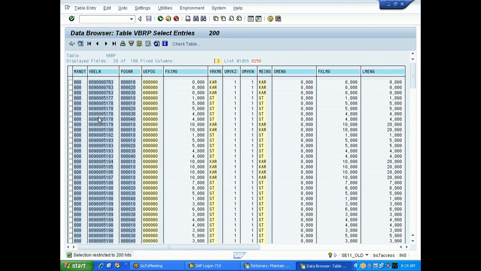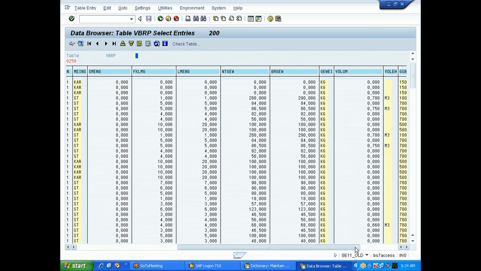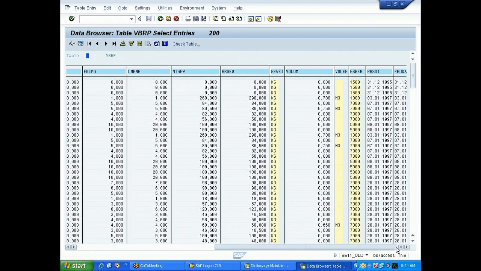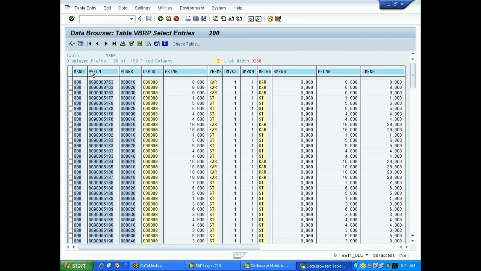This is showing the billing document number, VBELN, which means billing document number. This is the item, this is the quantity, and somewhere the price will be there. If you scroll towards the left or right, somewhere a price will be there. You cannot see beyond this; this is the maximum right-hand side. I have already scrolled. How many fields are there? 203 fields. At a single time, you cannot see all 203 fields.